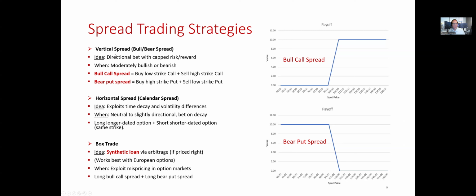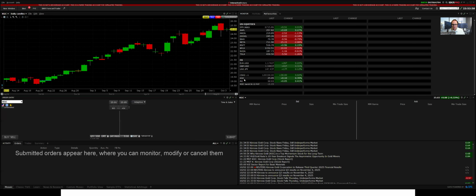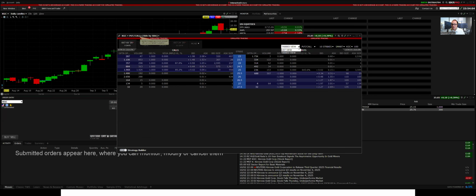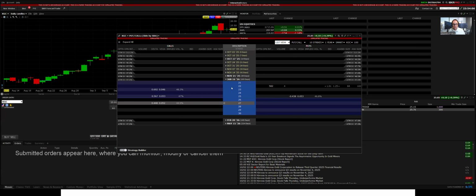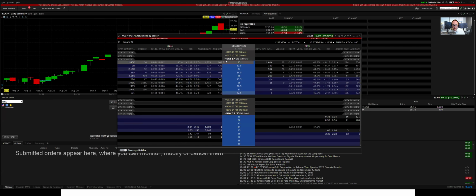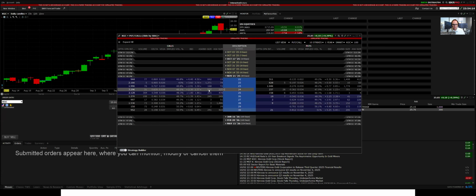And I wanted to mention, they're called vertical spreads because of how they look on the option chain. So if we pull up the option chain here, you can see what I mean. Instead of seeing it in tab view, I'll look at it in list view. When you're trading strikes at different levels, the strikes are listed one on top of the other, and that's called a vertical spread because of how it looks